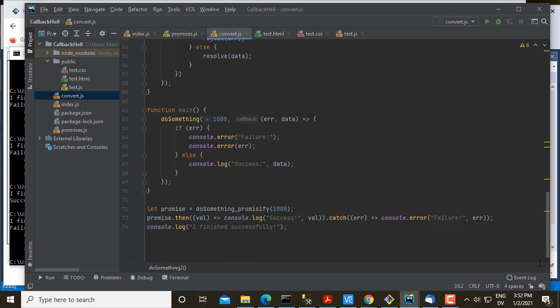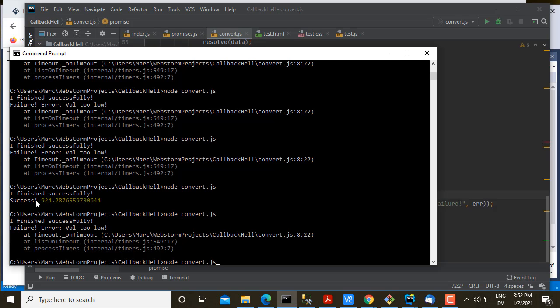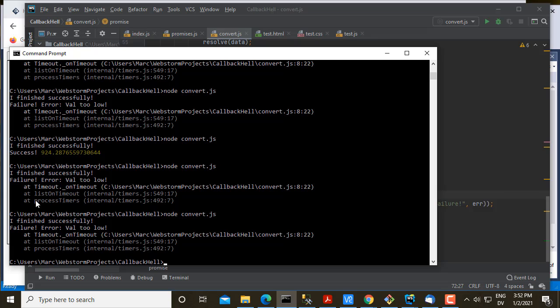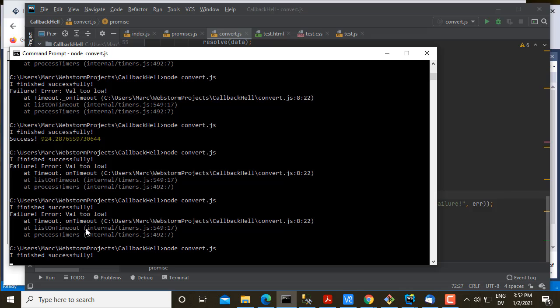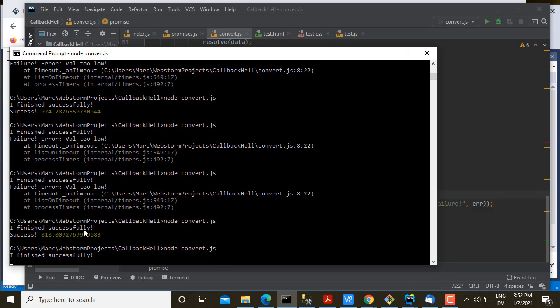So let's go ahead and call that here. And exactly what I get will depend on what's going on. But basically, since it's always returning an object for the first parameter,